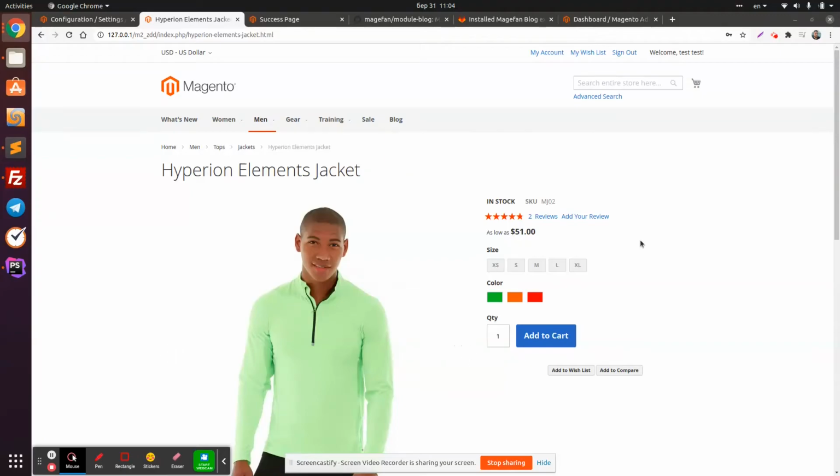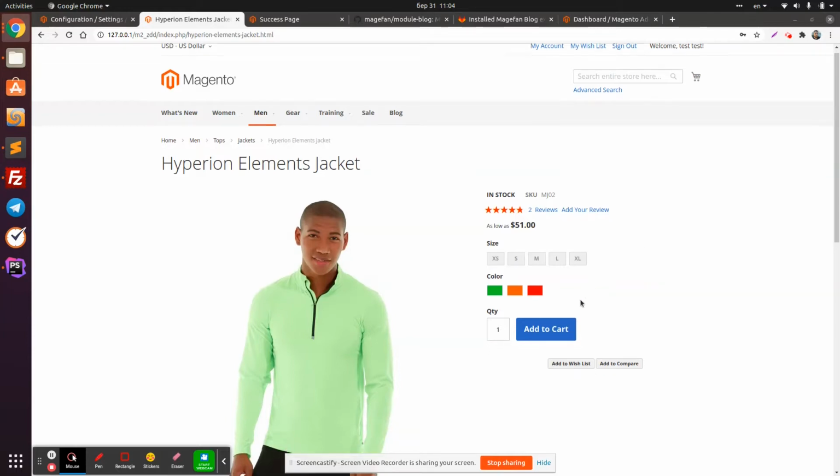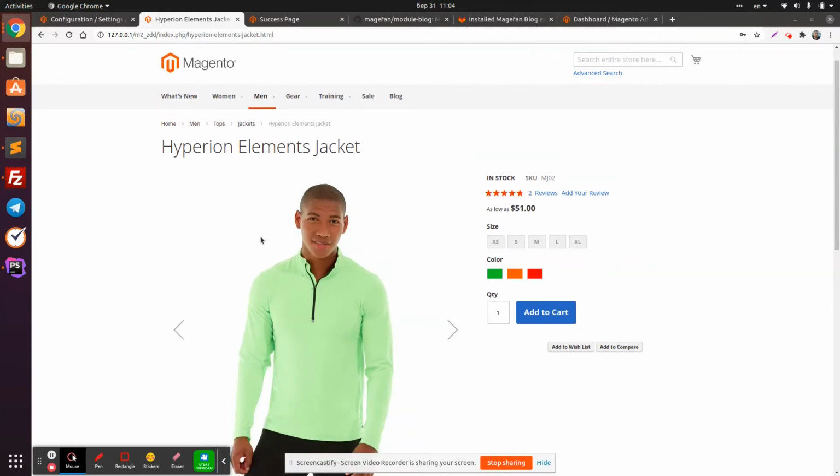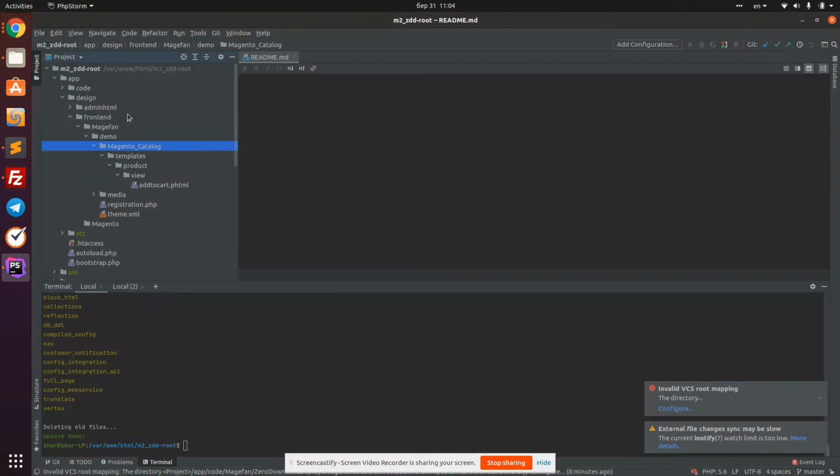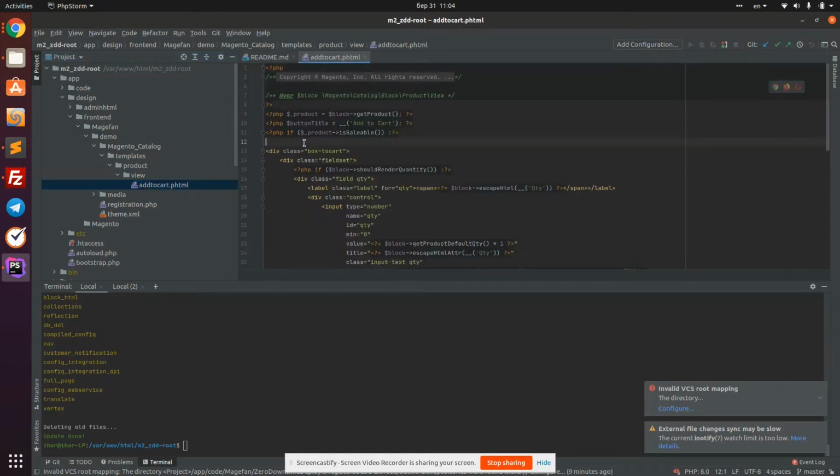Let me show you one more use case of our extension. For example, you need to do some simple theme customization. For example, you need to add some extra text to the add to cart button. So we have a custom theme with this template of add to cart, and we need to add some content